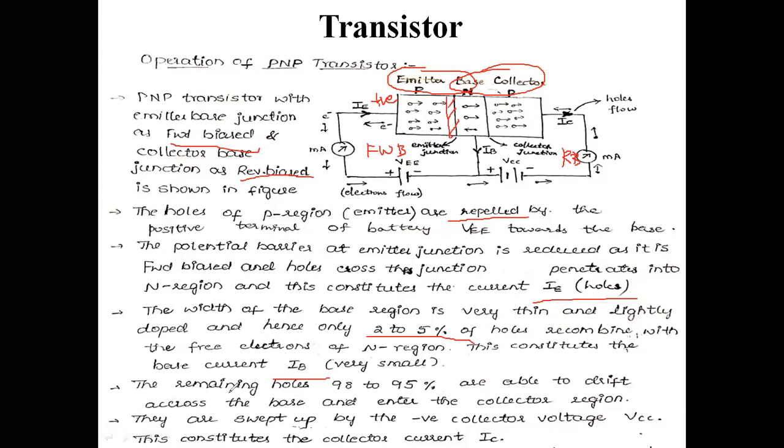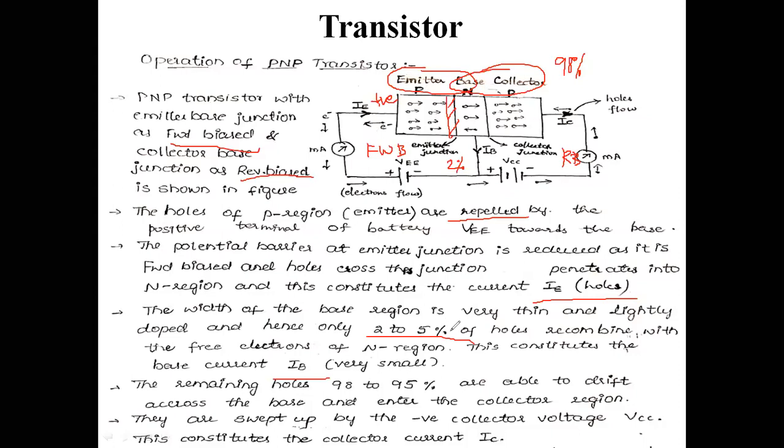Next one, the remaining holes. Let us suppose 2% is transmitted here; then how much current goes to the collector? The emitter current is 100%. Let it be from the emitter 100%, all the charge carriers are transmitting, and 2% is given to the base, and the remaining percent is 98%, so the remaining flow of current is 98%.